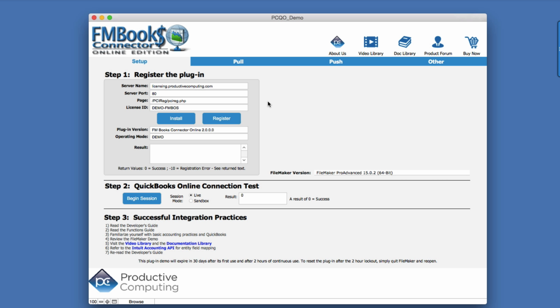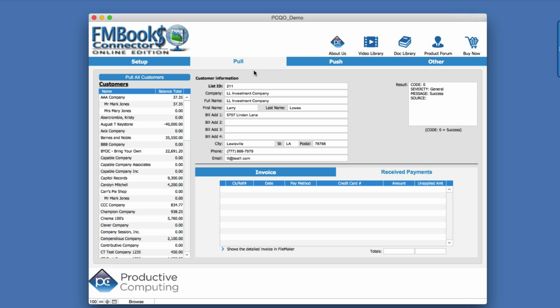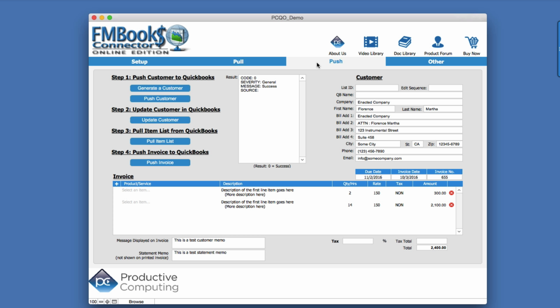In this video, we are going to review the main types of information that you can push from your FileMaker solution to your QuickBooks Online file. In this video, we are assuming that you've already downloaded, registered, installed, and authenticated your plugin with your QuickBooks file. In an earlier video, we reviewed the basic information that you could pull in from QuickBooks Online to your FileMaker solution. And now we're going to go ahead and talk about the main information that you can push from FileMaker